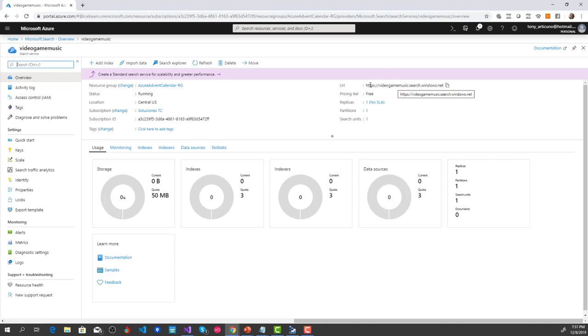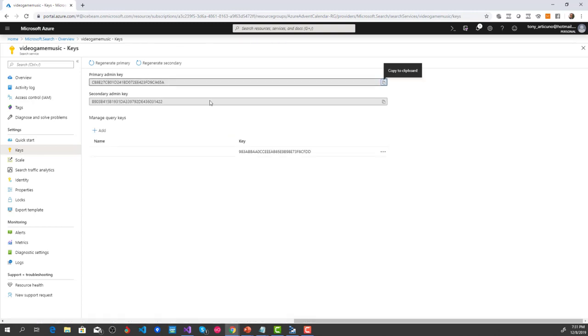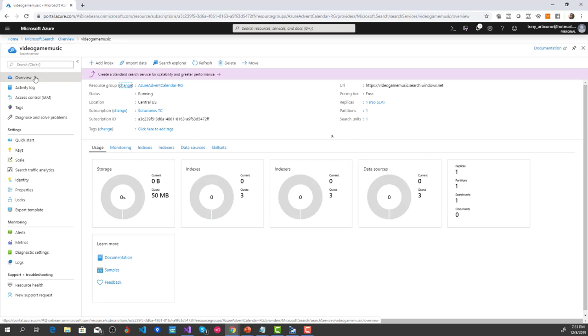There is also useful data such as the URL that we will use later when we integrate the search in our website, and also we have the keys that we'll use later. For the moment, let's go back to overview, click on import data,